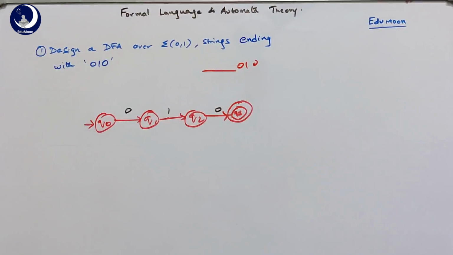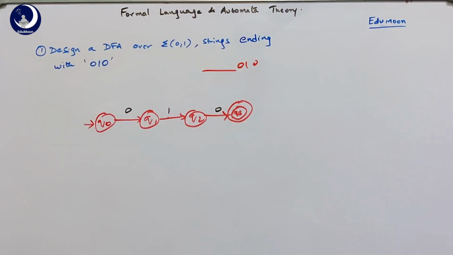So again we write that 0 1 0, that is the string that should be ended with, because if there is only string 0 1 0, even that is also ending with 0 1 0, so that gets accepted. Now we write the table and we can observe what about the remaining transitions. It's not the same case as the starting with example.